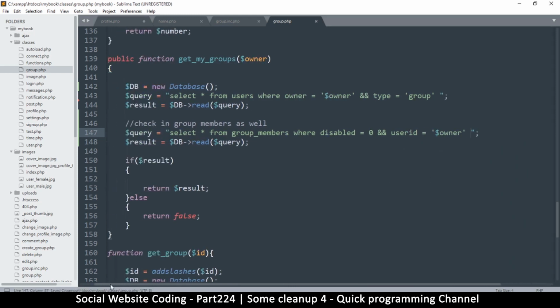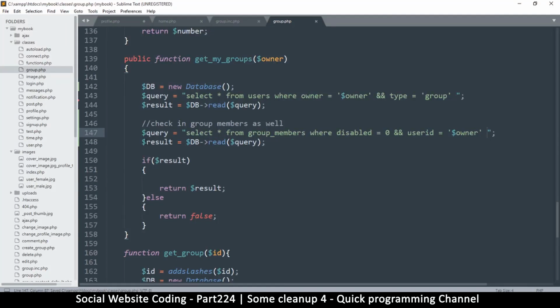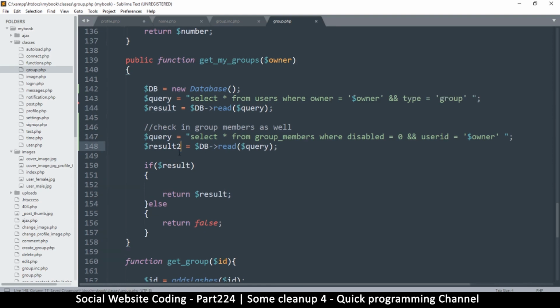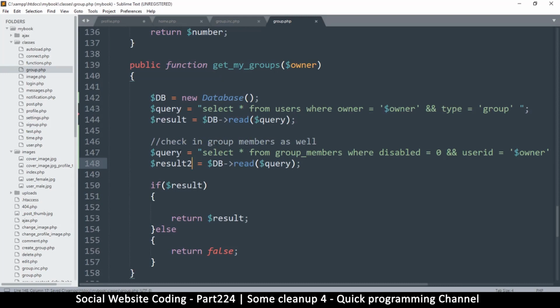Pretty good. Now we don't want to save this to results because we are already using results there. We're going to override it. So instead, we're going to say results2. Just, you know, very original stuff. Results2. Okay, so